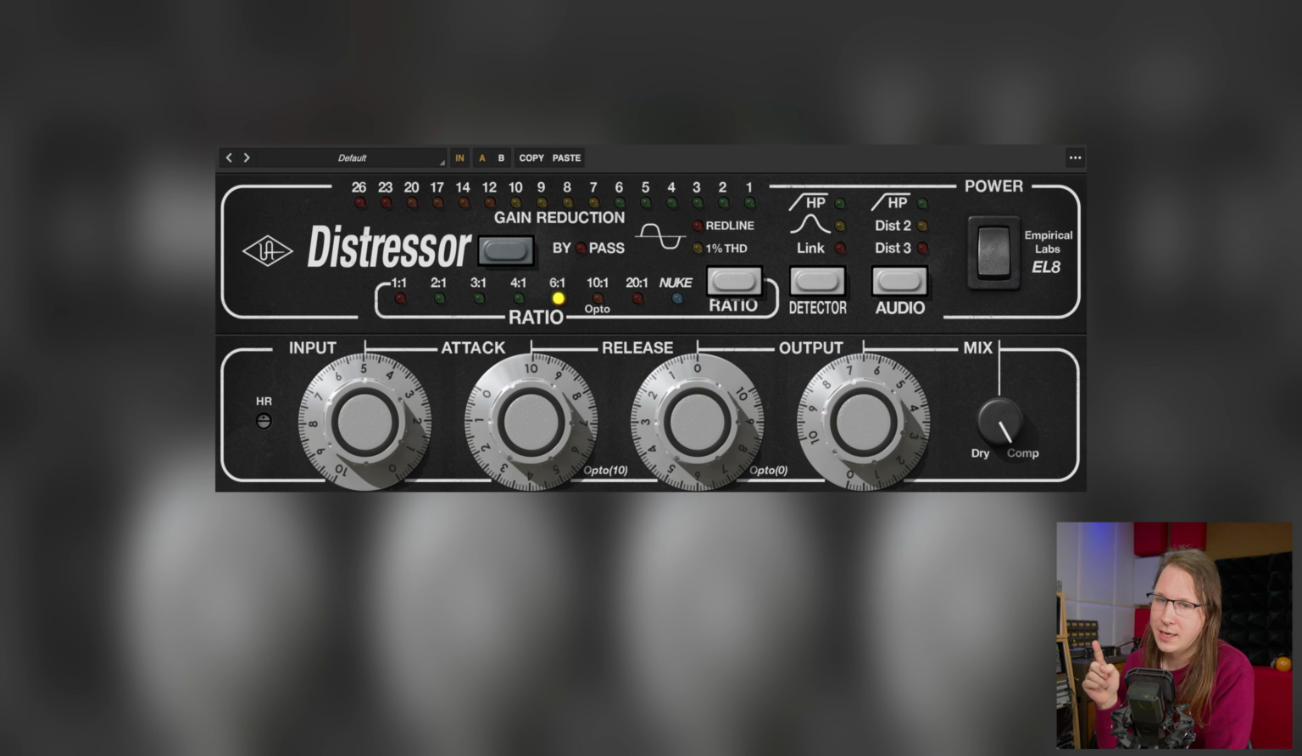Whenever you use this plugin as a mono plugin, so on a mono channel, and load up the mono version of the plugin, it actually simulates the same linking behavior as the analog unit would do with mono, without any cables in it. And it is definitely something to try out whenever you're using this thing in mono, but also